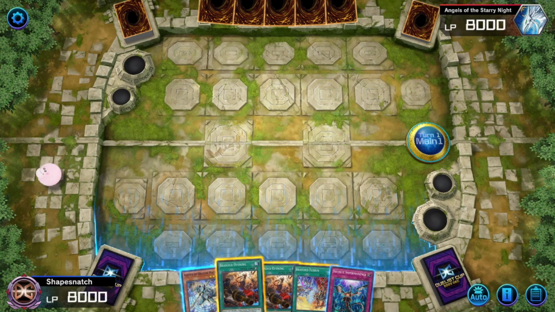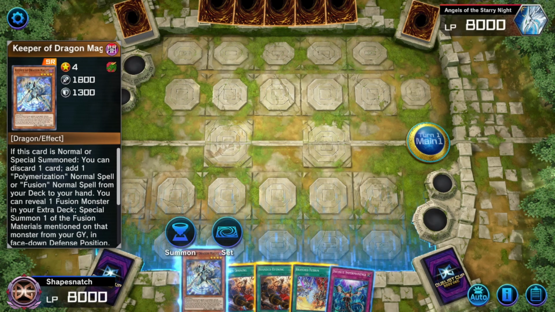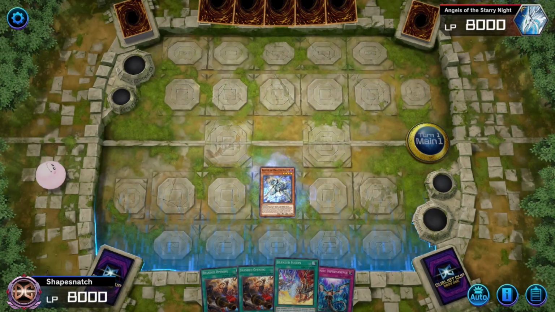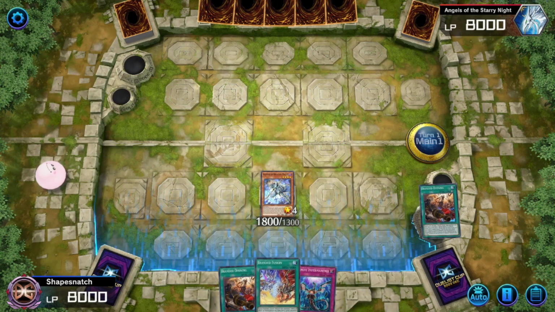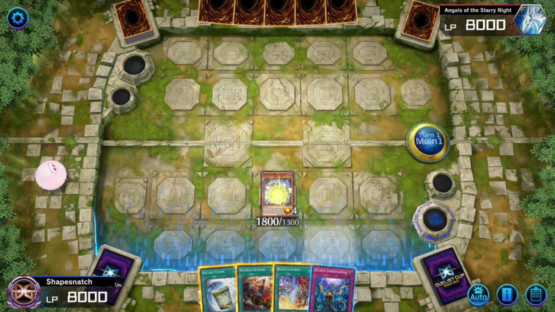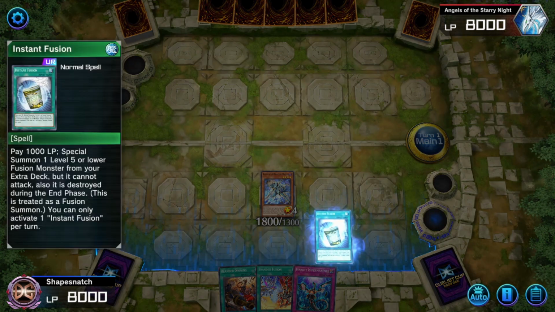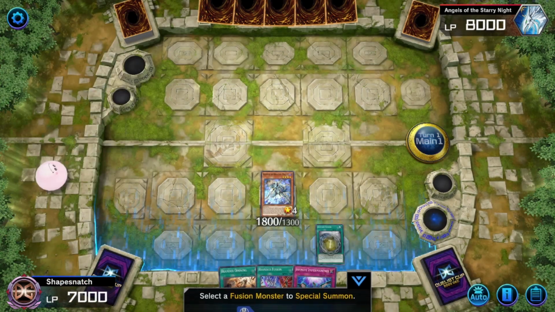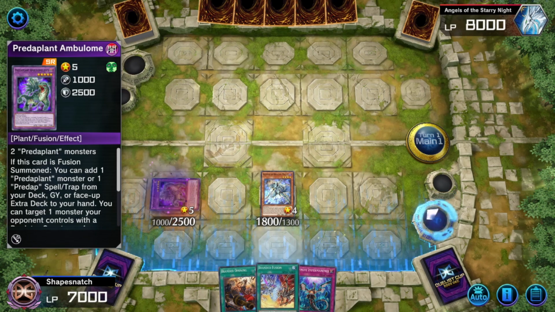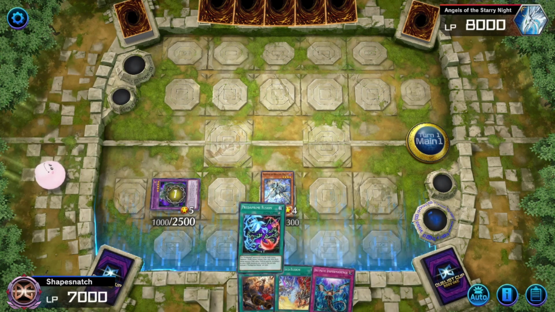Okay, so this combo is going to show why we run Keyblade Dragon Magic and why it's actually probably one of the best starters in the deck. The reason is, when you use it to discard a card, we get to add Instant Fusion to our hand. And Instant Fusion is the best combo starter in the deck, since you can Instant Fusion and immediately go for your Amblumo Melodies, and that will get us our Predaprime Fusion,